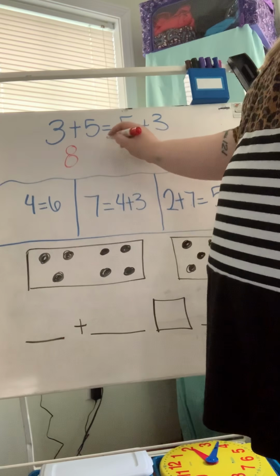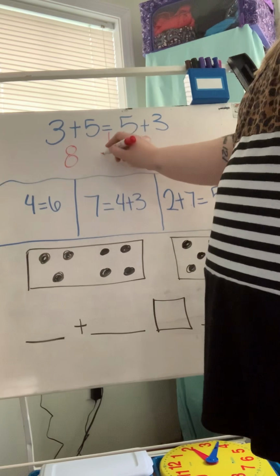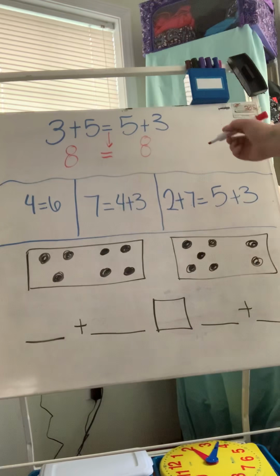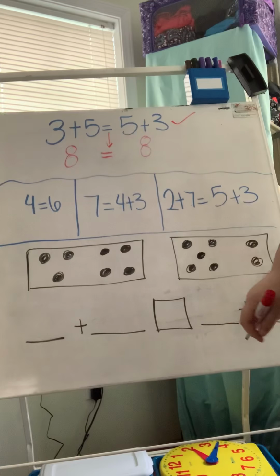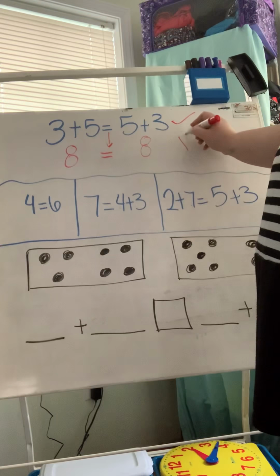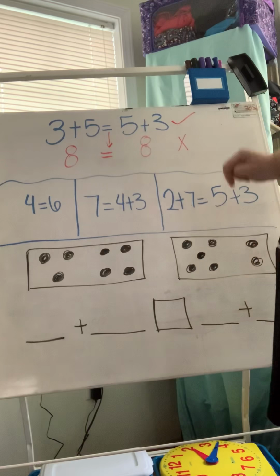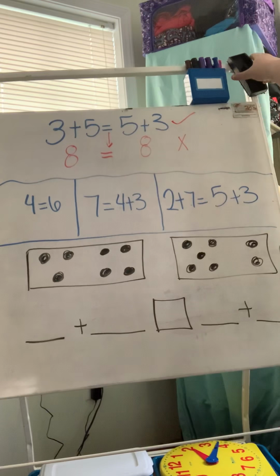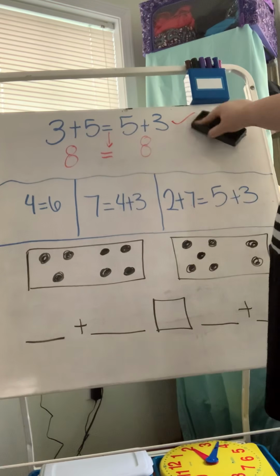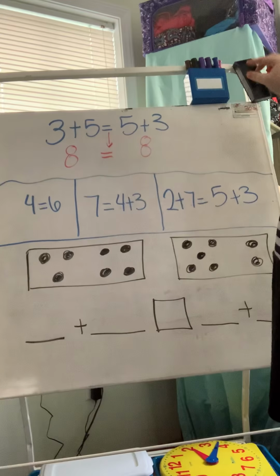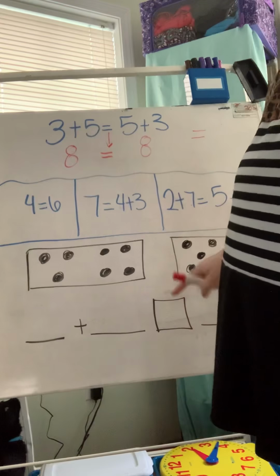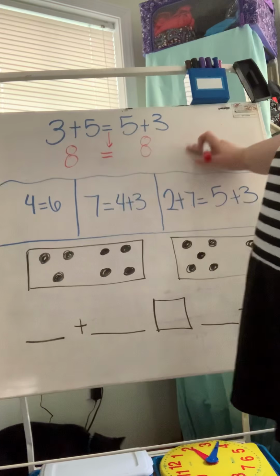I always tell them, just bring that equal sign down and put it down here. And if these two numbers are the same, then this problem is going to be true. If they're not the same, then this problem is going to be false. And if you notice, I put a little check over here for true, and I put a little X over here for false. Now, I know in your packet, I think it's also going to have you put maybe an equals for empty boxes like this one if it's true,